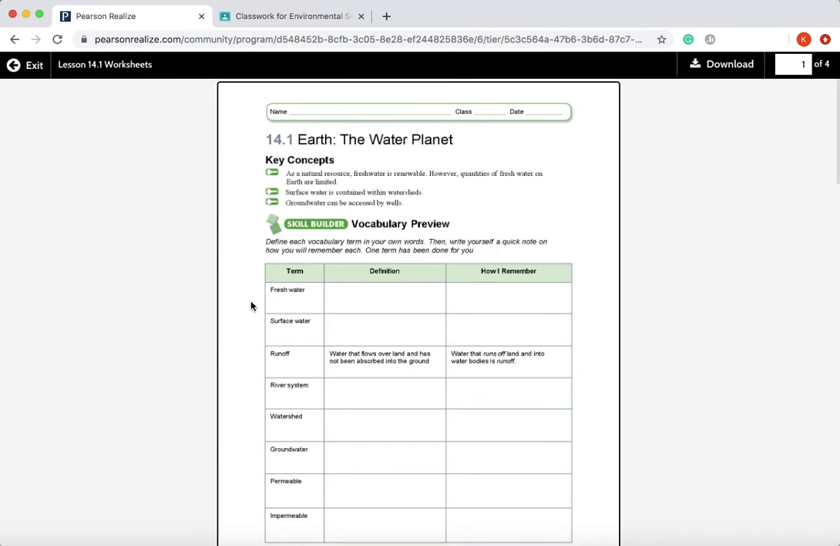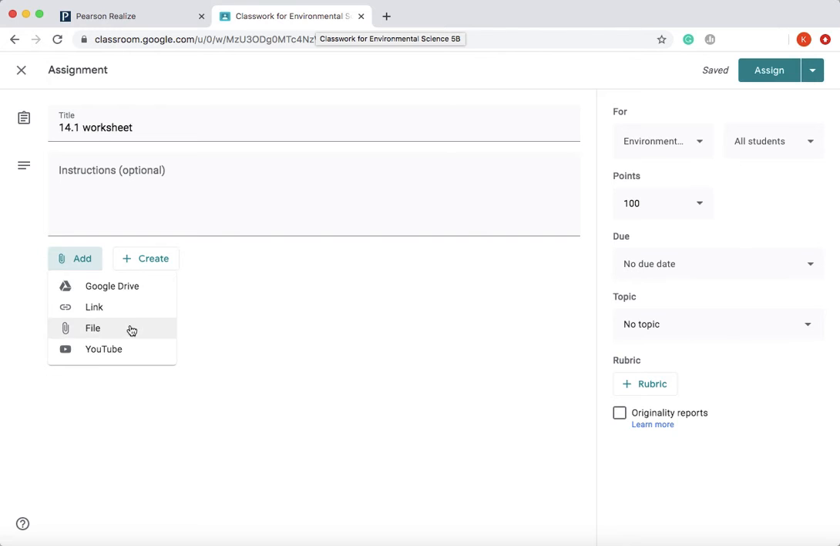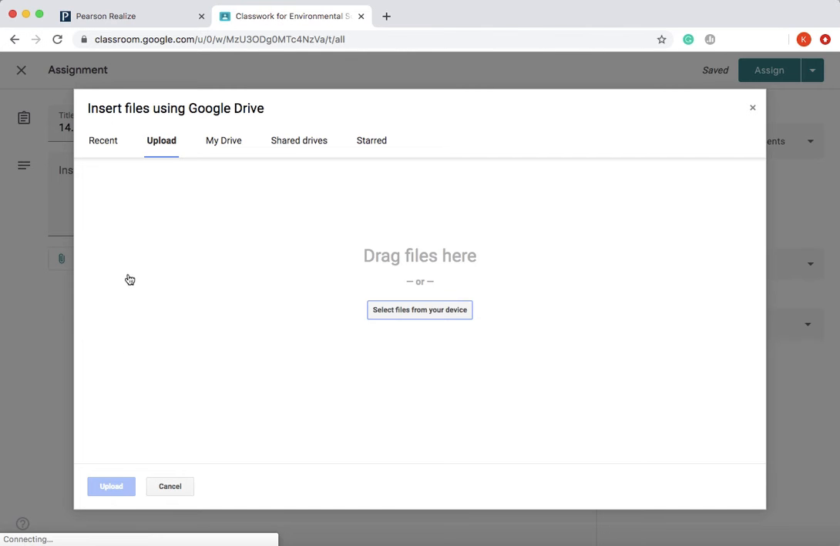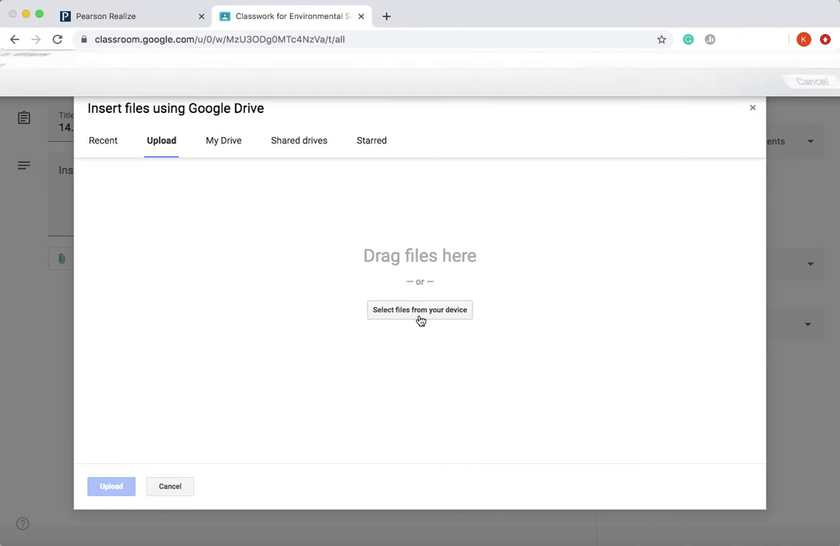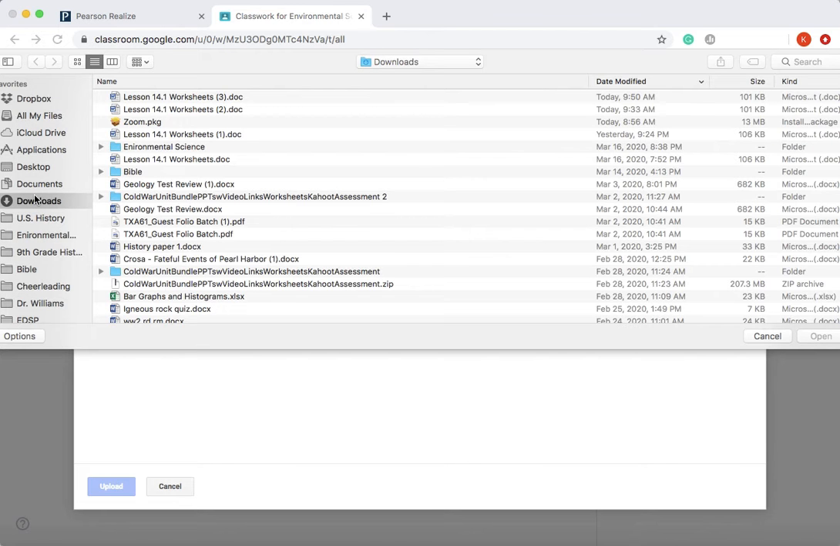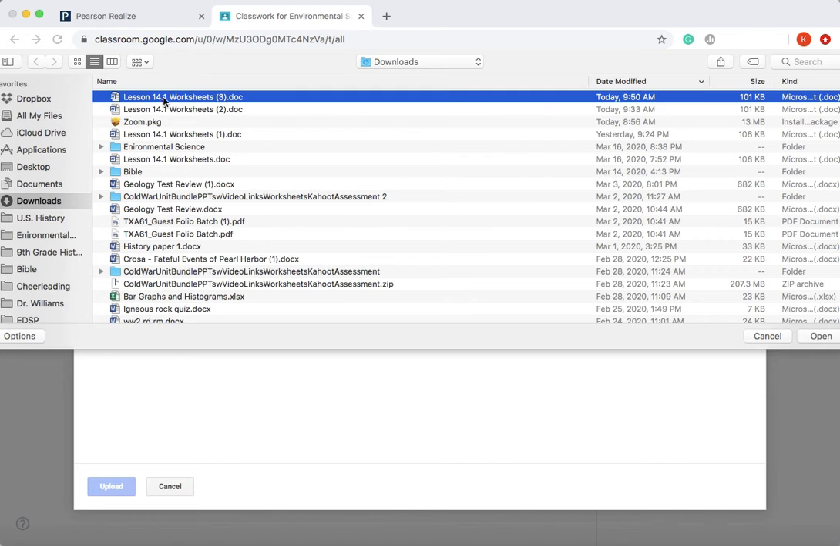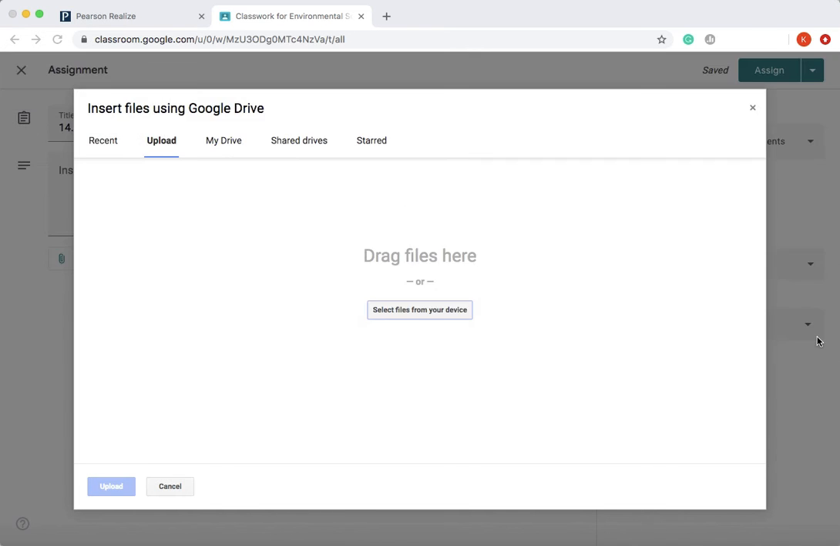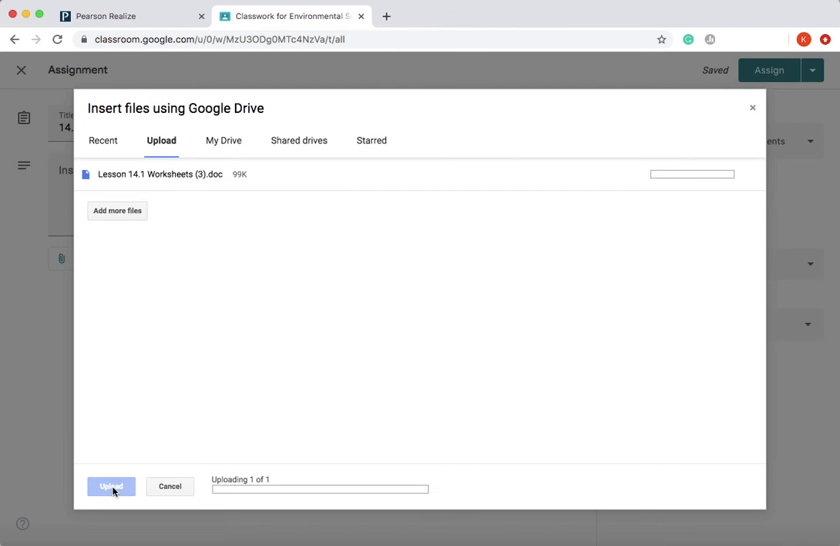which is here. Okay, so you downloaded it to your computer. You're going to go to File, go to Upload, select files from your device, and then click Downloads, and you're going to see Lesson 14.1 worksheets. Click Open, click Upload,